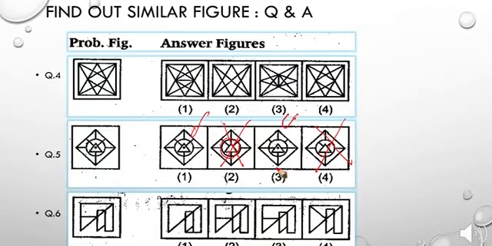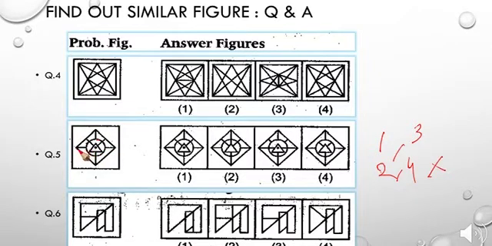Okay, now let's study further. We need to find the answer between 1 and 3, because 2 and 4 we have rejected. So let's study the problem figure again. We find that in the problem figure there is a circle inside which there is a triangle and a dot, except that